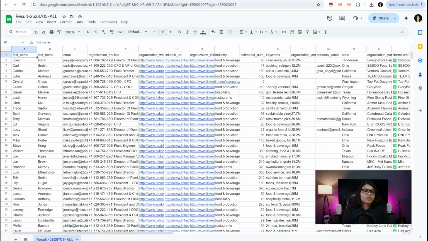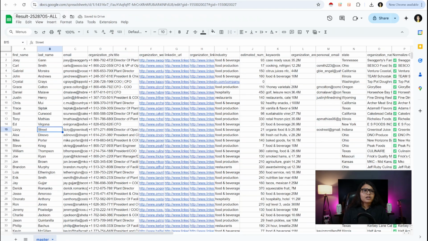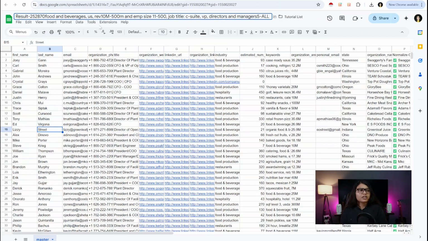So you don't want them to look weird, because when you just copy paste from Excel or CSV to Google Sheet, it will look very weird, like an alienated code. So you don't want that. That's why I am always uploading it. And then you can copy the name again, put it here, and call it